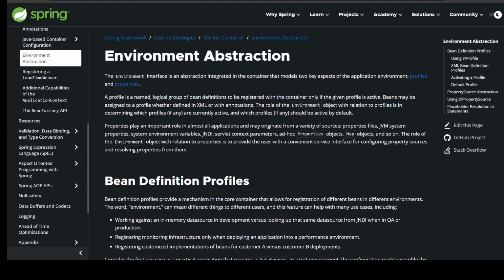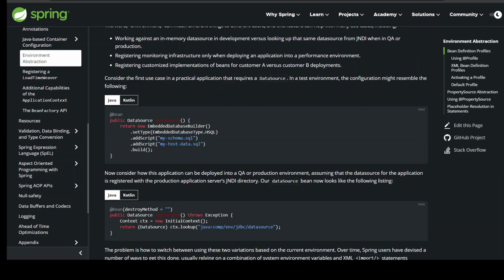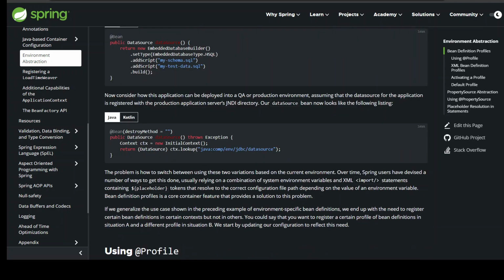Consider the first use case in a practical application that requires a data source. In a test environment, the configuration might resemble the following. @Bean public DataSource dataSource() { return new EmbeddedDatabaseBuilder().setType(EmbeddedDatabaseType.HSQL).addScript("my-schema.sql").addScript("my-test-data.sql").build(); }